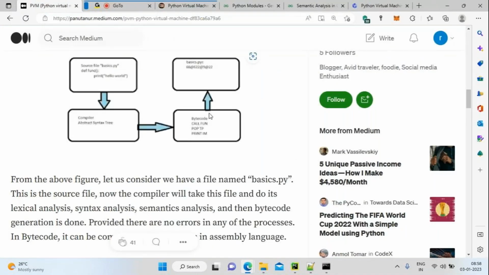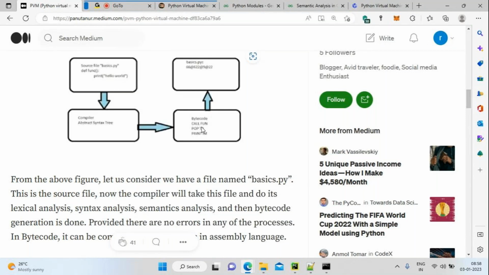You might have a question: how will the machine understand this language, like call function, pop, print items? The machine won't understand this language. The interpreter will convert these bytecodes into ones and zeros.